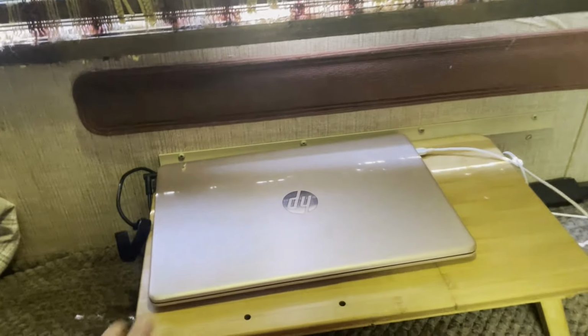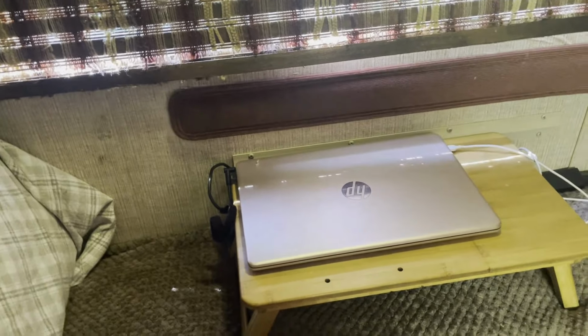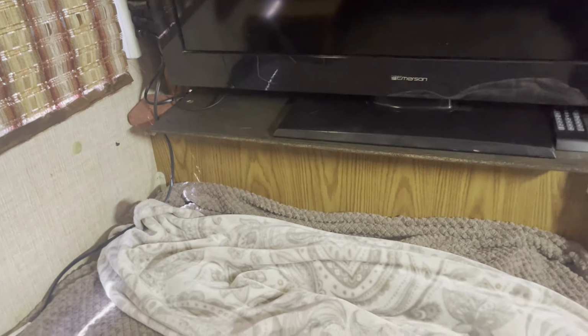As you can see, we got my little workstation all set up, ready to go. Got my phone charger, so I can have it just next to me if I'm uploading videos or just need to check it every once in a while, or I can flip it over on my lap. Another area that was annoying to me was, when I moved in here, I had put a crate to hold up the TV, and it was wobbly, and once I put in the mattress, that certainly wouldn't work. So I just got myself a little piece of wood out in the wood pile out there, so free on that. Screwed it to the top, wrangled all my cords,